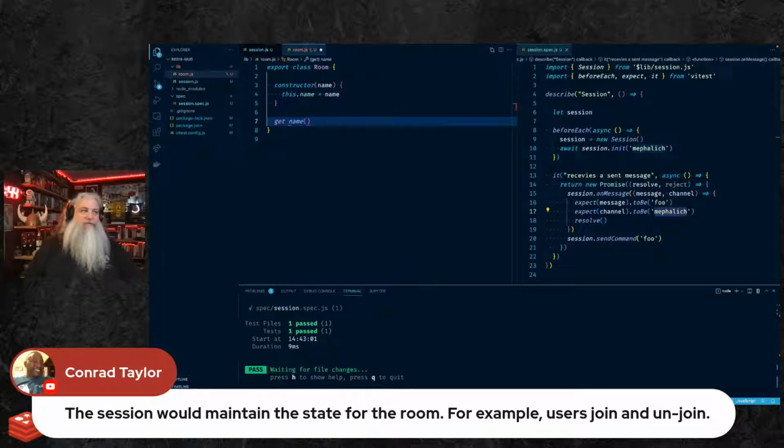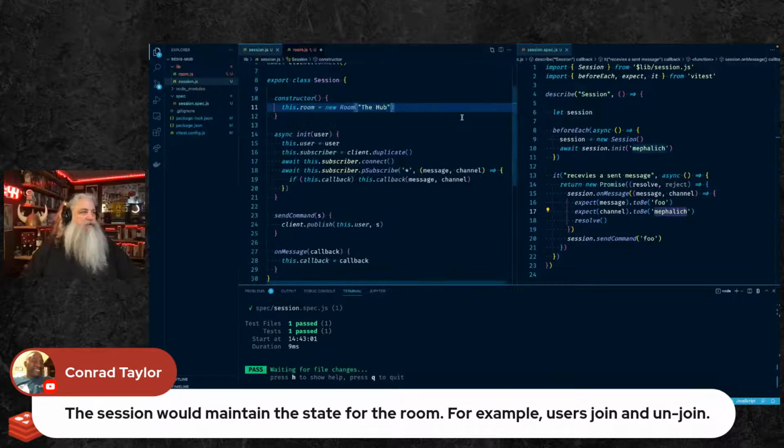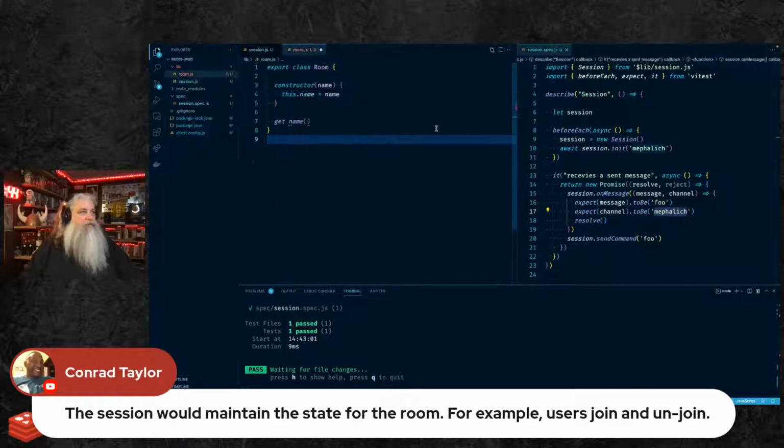The session shouldn't really be creating a room. It should be getting a room instance when you first log in for whatever room you happen to be in. So maybe we just have one room instance per instance.